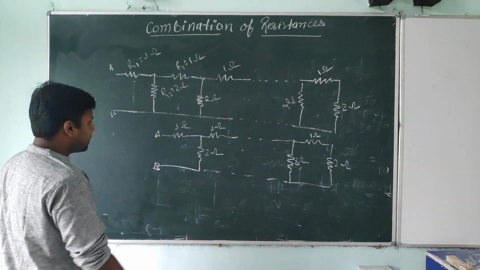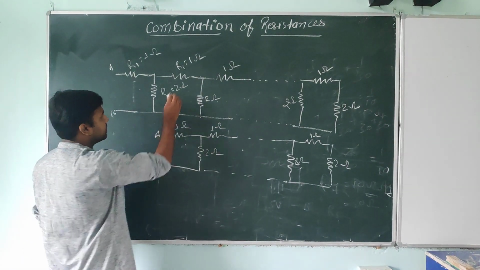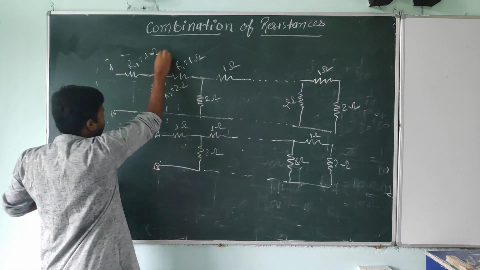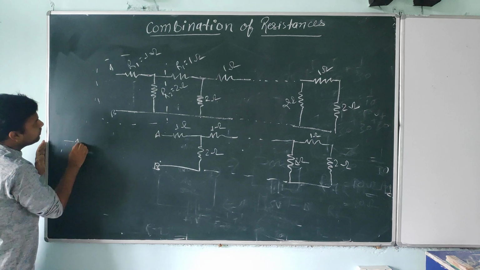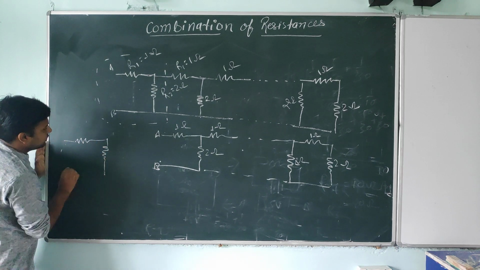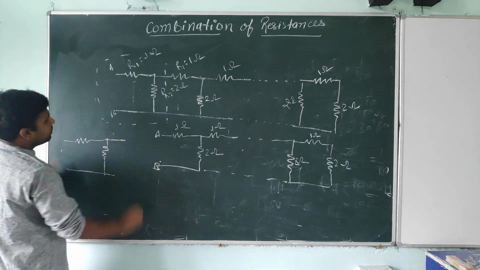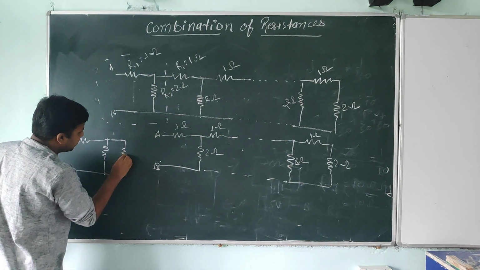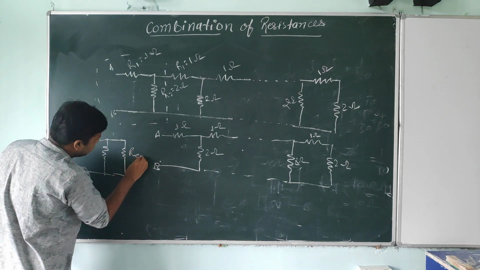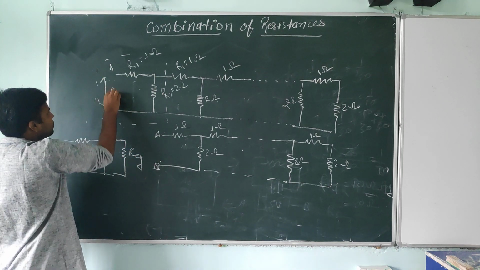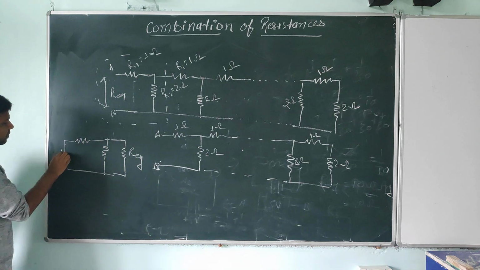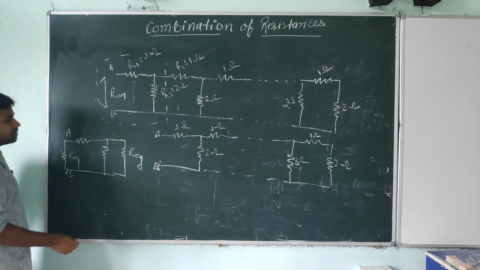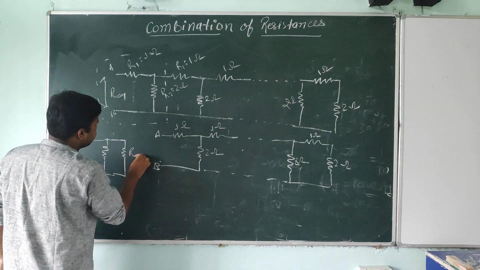It means what we can write here, students, this one is what? This part. What we removed? Just this part. So I am drawing here the removed part. The removed part is this one. Is it or not? The removed part is this one. It means here the combination is, if I am assuming the R equivalent, and here also this one I am assuming the R equivalent. It means what we can do here also, we can write the R equivalent. This is the A and B point. Try to understand, student.